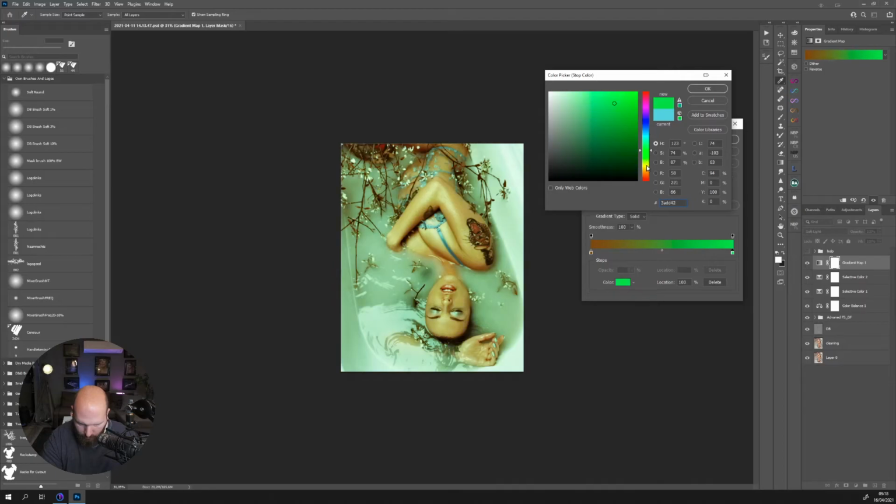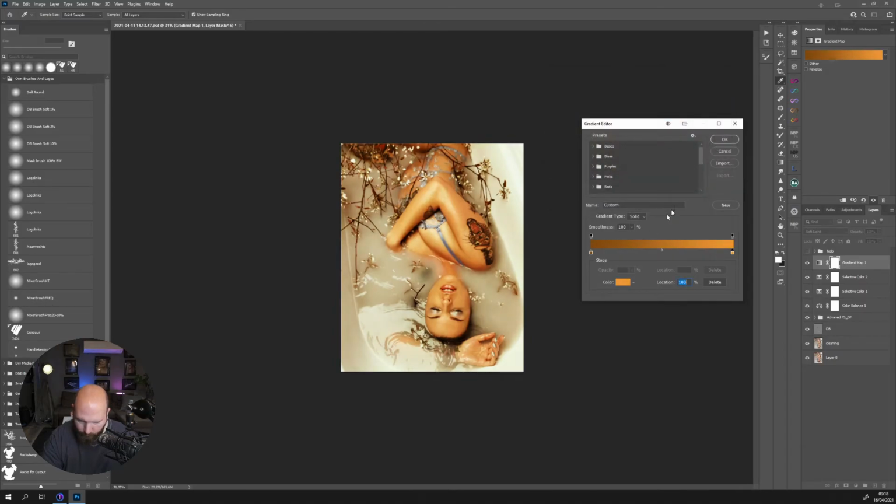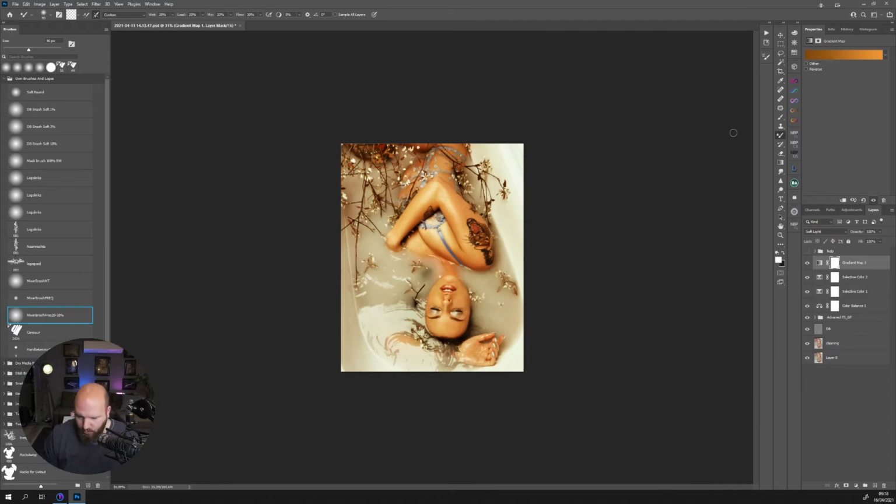Let's see. This is cool. It's way too much now, so I'm gonna reduce the opacity like a lot. 30-ish should be fine. And I'm still missing some three-dimensional feel into the image,